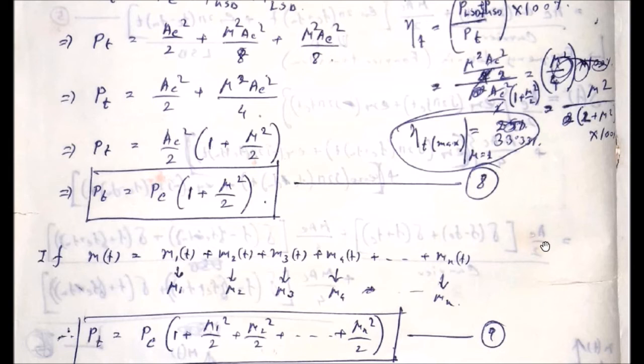So most of the power, that means almost 66.67% of power is wasted. This kind of modulation, actually 66.67% of power is used by the carrier signal itself, this PC. This huge amount of power is wastefully transmitted with the upper sideband and lower sideband. So that's why this simple amplitude modulation is not power efficient. It is using a very huge amount of power, out of which only 33.33% is carrying the information or useful.